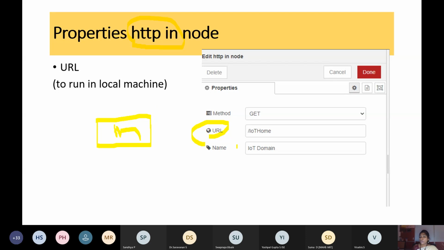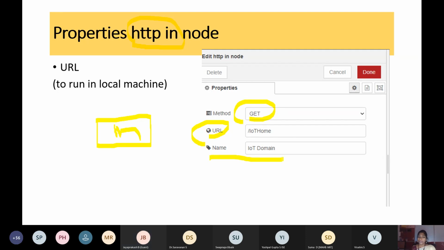We are supposed to configure its properties. We give the method as GET, and the URL as a local link. I'm just going to give slash IoT home; any name you can give there. It is going to run in our local machine. Then I'm going to give a name for it, which is optional.